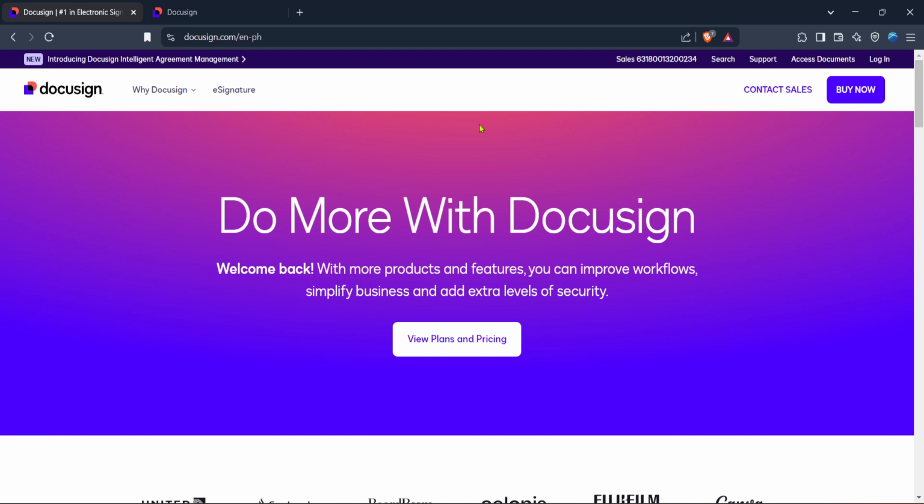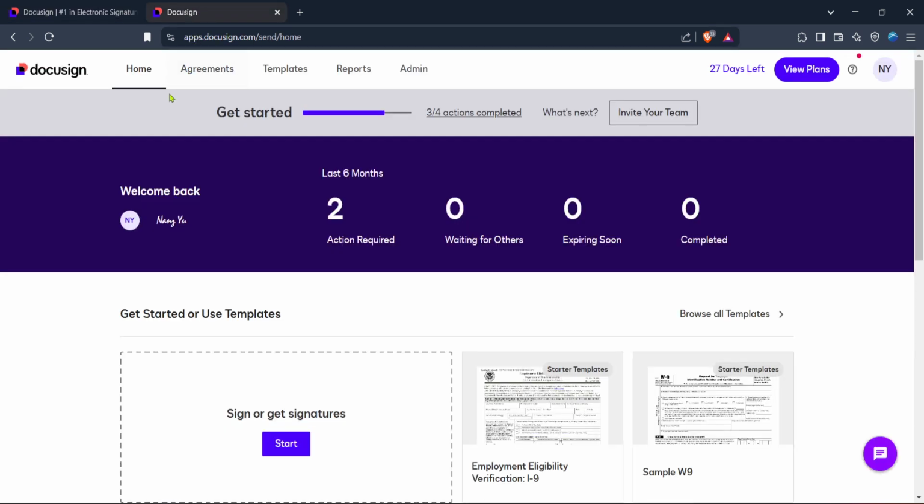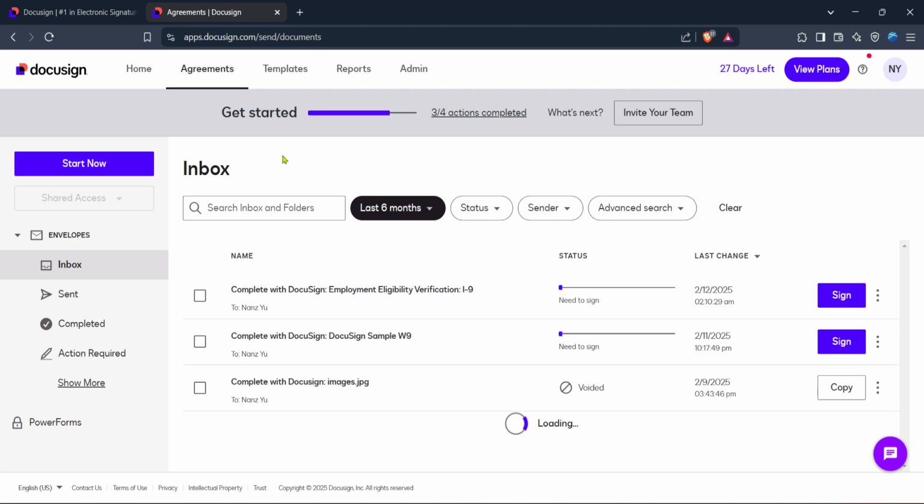If you've forgotten your password, there's an option to reset it, ensuring you can get back to your documents without much hassle. Once logged in, you'll find yourself on the DocuSign homepage. This is your central hub for managing all your document-related activities. Locate the Agreements tab. It should be visible in the navigation menu. Click on Agreements to go to the section where all your ongoing contract activities are listed. This is where DocuSign starts to really shine. It organizes everything neatly so you can find the document you're looking for with ease.